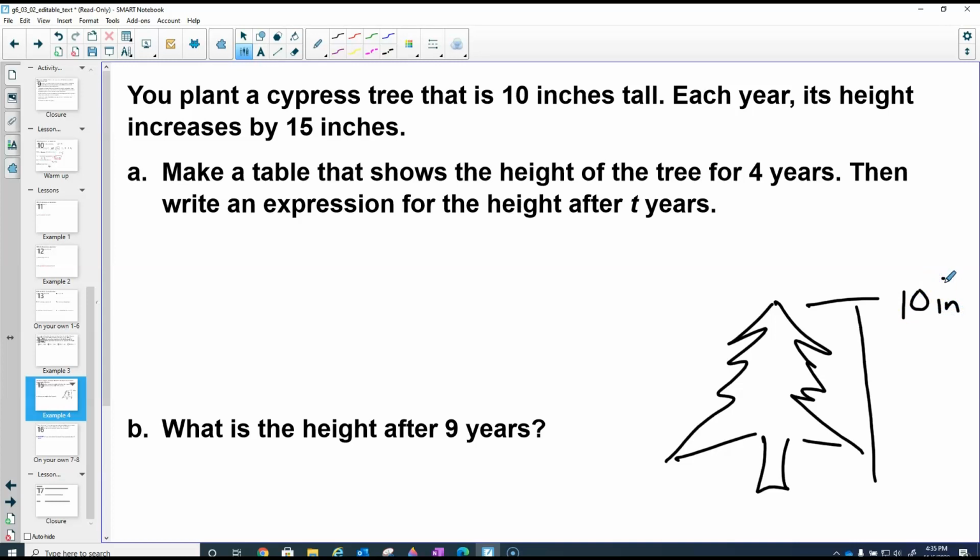Each year its height is increased by 15 inches. Holy smokes. Wow. So it is adding 15 inches every year. That is a lot of inches. So you make a table that shows the height of a tree in 4 years. So if I was to make a table,